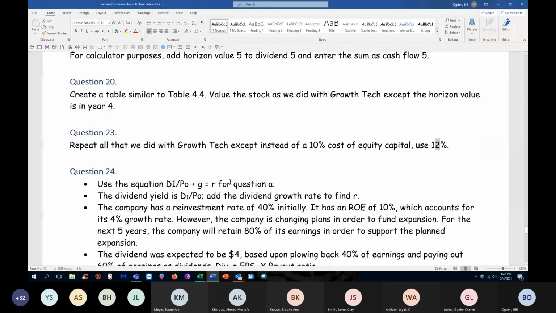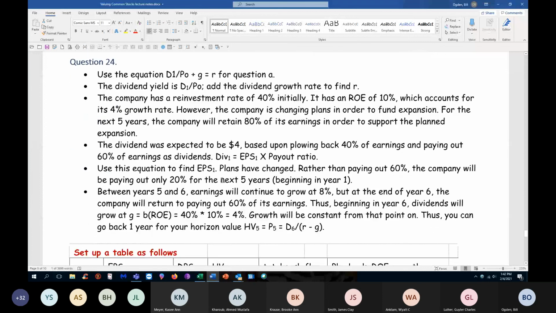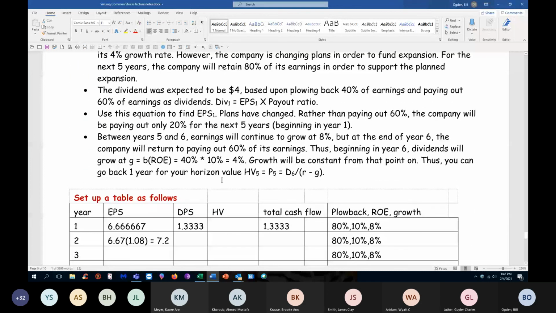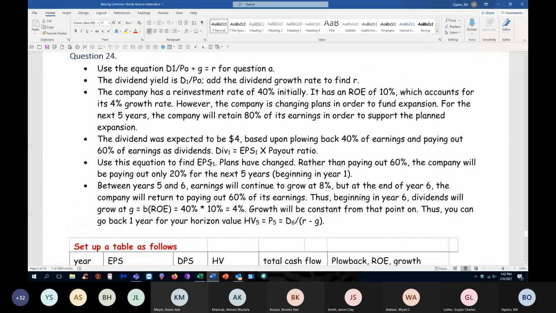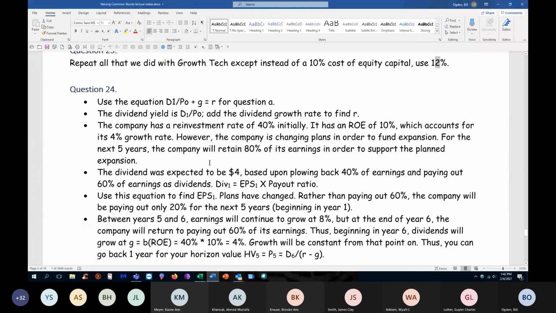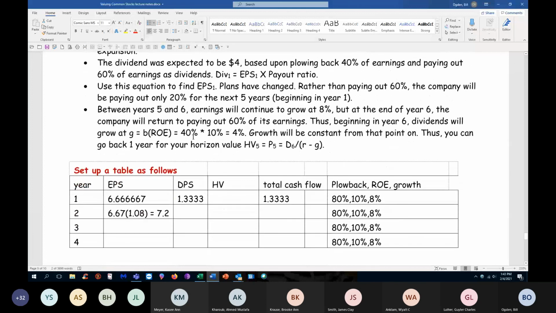Okay, question 24 is a bugger. What happens is you've got a company that's expecting to pay a dividend based on a 60% payout rate, but all of a sudden they're asked to expand the facilities, and they're going to change that, and they're going to start paying out only 20%. They're going to retain 80%. That's what I have right here. So the first part you can do just as we did in class, just different numbers. But from that point on,